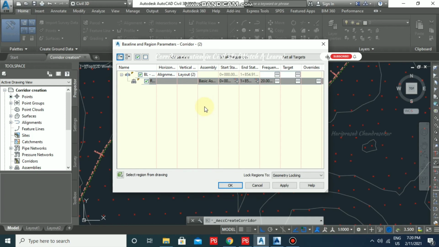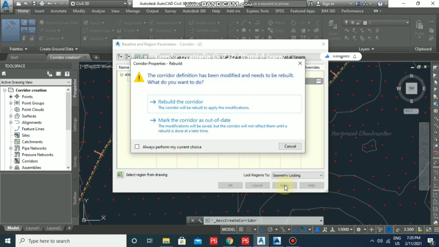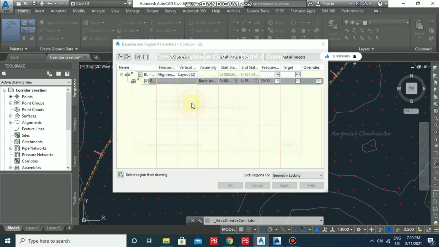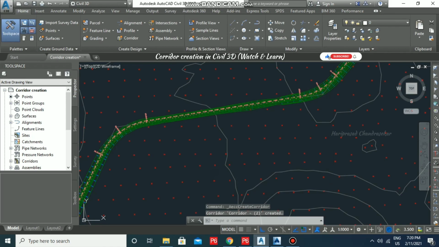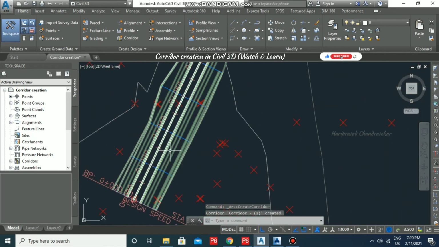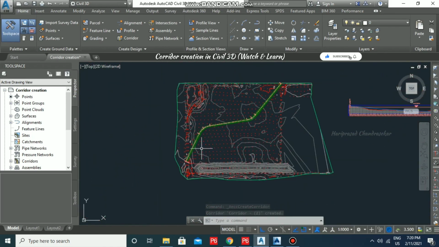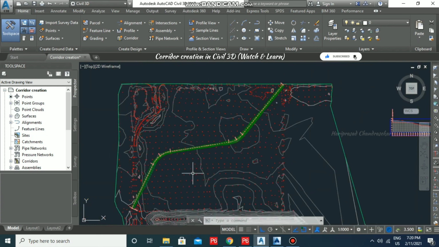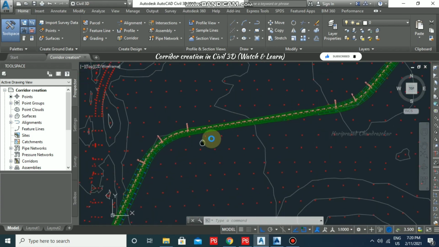Once you click OK, you put apply, and it will ask you to rebuild the corridor. You just rebuild it. After a few seconds we will get our corridor done. See, now we have a corridor. So like this we can create a corridor.